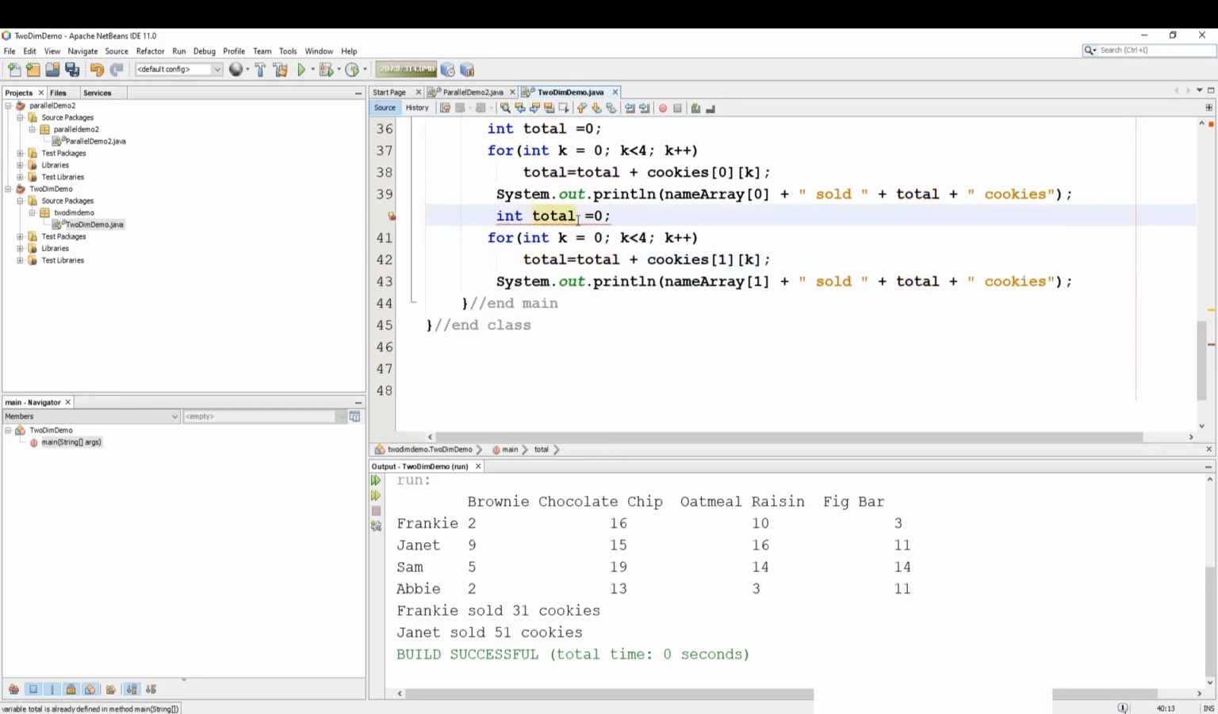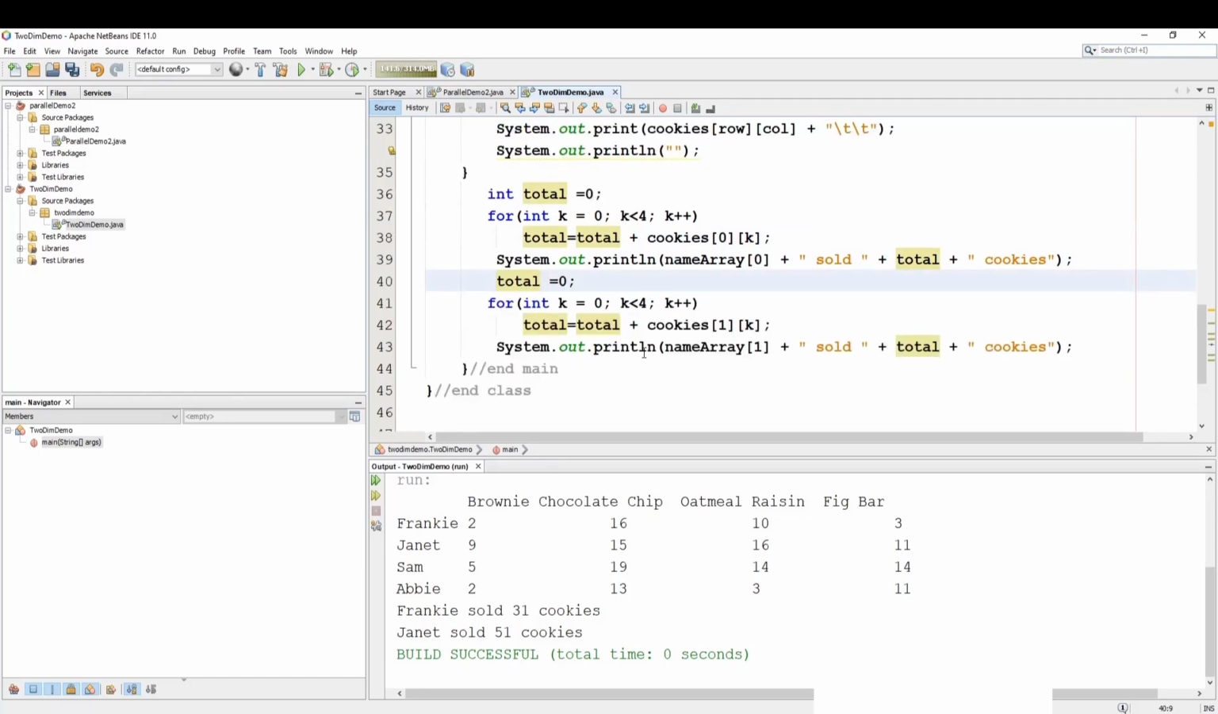well, I cannot declare total twice, but I certainly need to initialize it to 0 the second time. Okay, now I look at these and I say, well, they're very similar, except this index is a 0, here it's a 1, and here it's a 0, and here it's a 1. So if I got rid of one of these